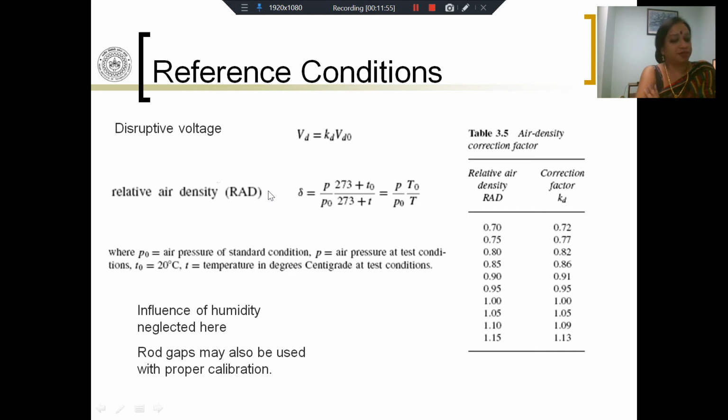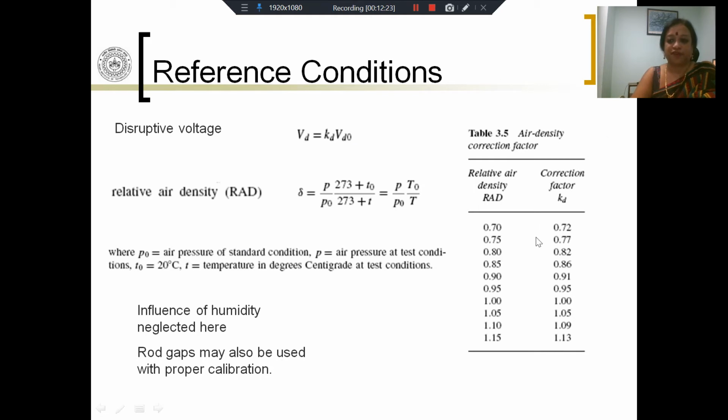Now, the breakdown of the sphere gap also depends upon the reference conditions, the atmospheric conditions. So therefore, once we have read out this voltage from the measuring equipment, we will have to add some correction factors. So if VD naught is the voltage which is obtained from the meter reading, then VD would be the disruptive voltage at that atmospheric conditions. VD is equal to KD into VD0. KD is